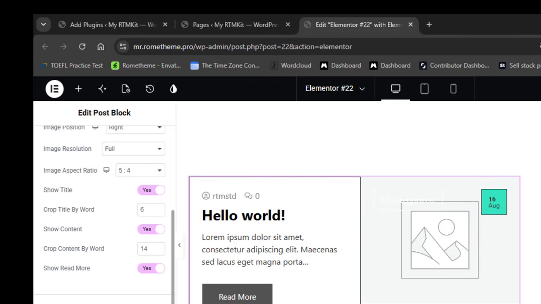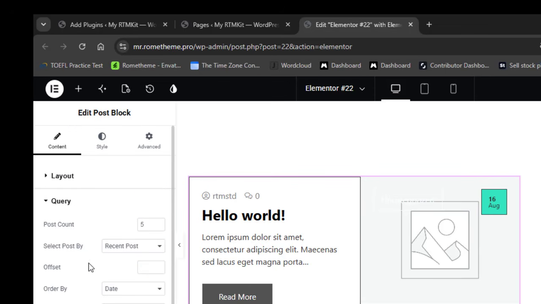And for the query, post count, you can change it, but you can select post and category as well, and offset, order by date, title, author, modified, order by name,